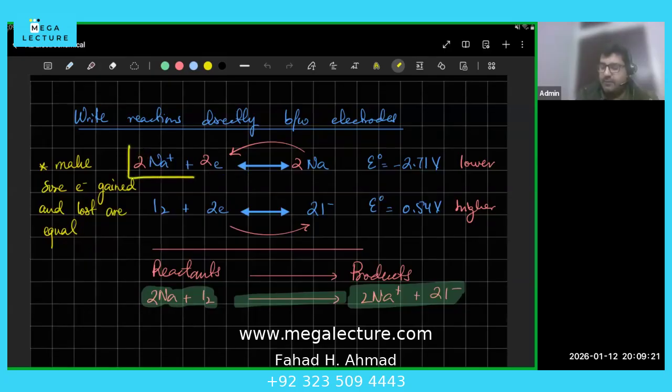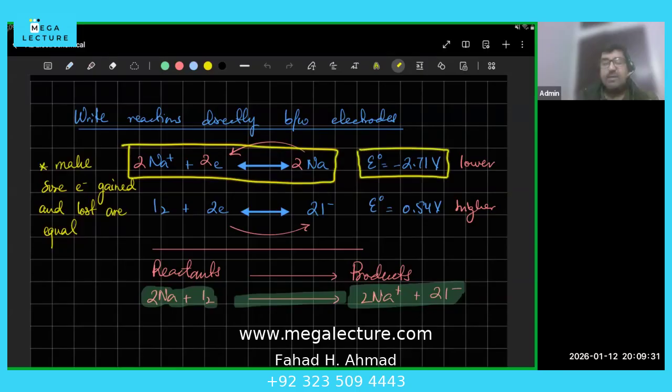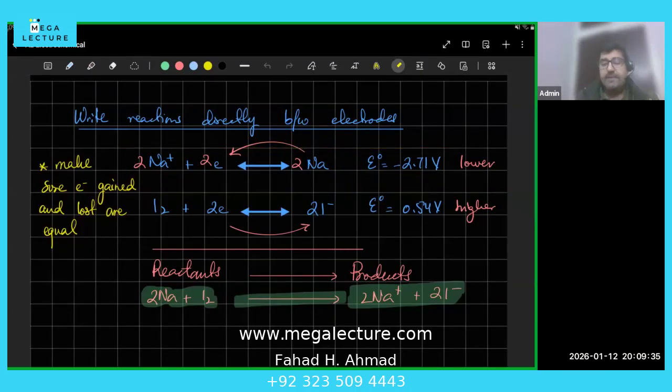So you have two electrodes, and these would be given to you. This is electrode number one. The potential is a very low potential. That means it really wants to lose electrons. So that indicates that the reaction, if there is a reaction, will go in the backward direction. It wants to produce a lot of electrons. If it's a higher potential, like this one, that would indicate that it wants to gain electrons.